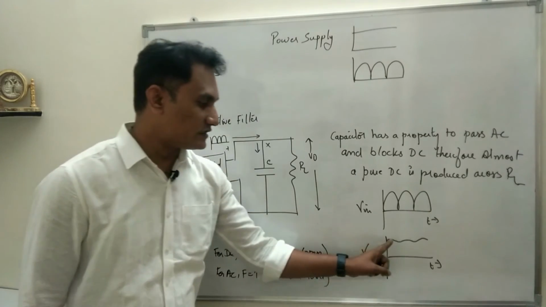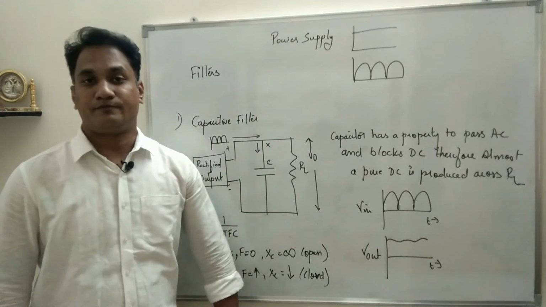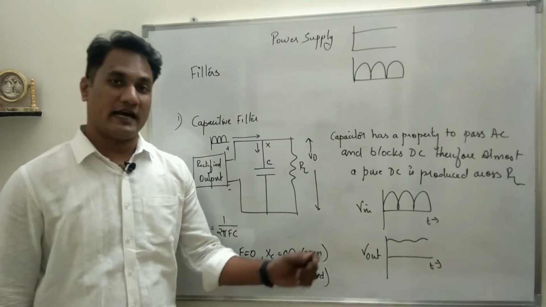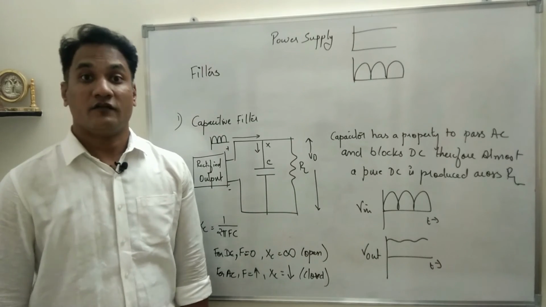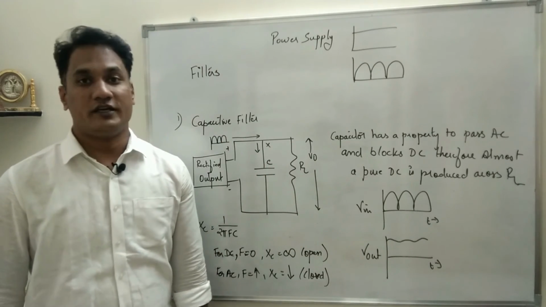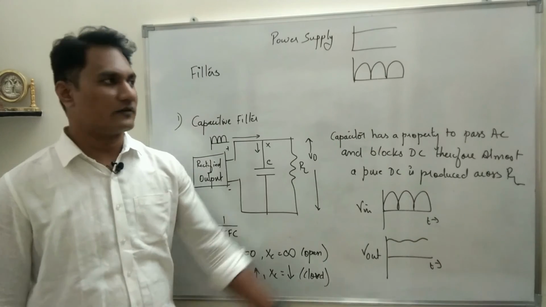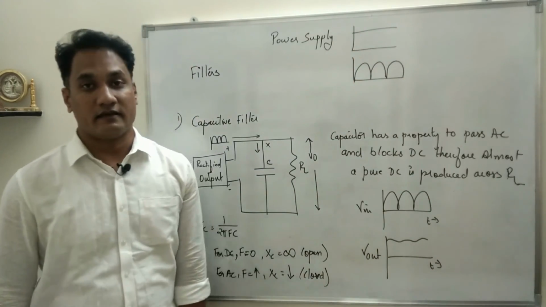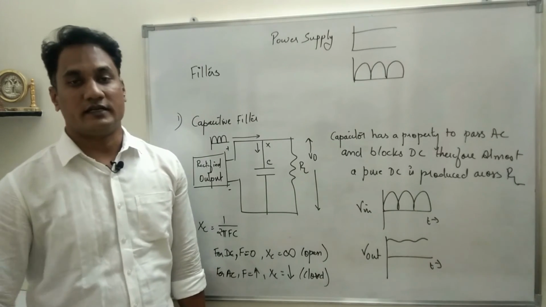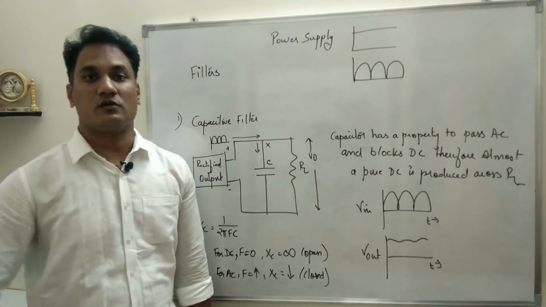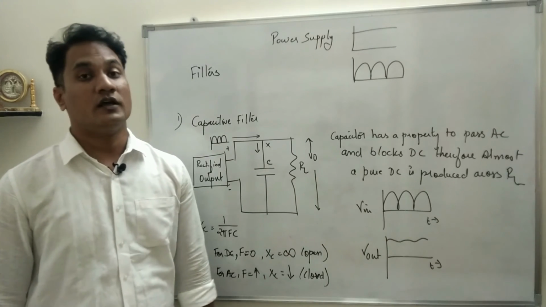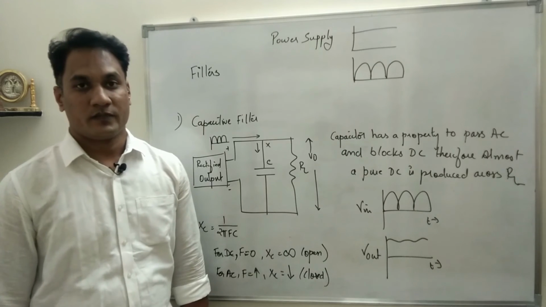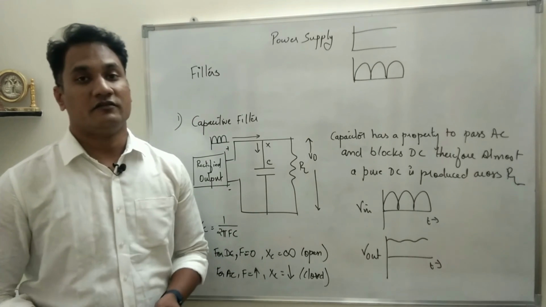Sometimes if such fluctuations are not of that importance, you don't need a voltage regulator. You can directly take the output of a power supply from the output of the filter. No need of a voltage regulator. A voltage regulator will straighten this signal to a straight line, right? So that is what we are going to study in the next part. So sometimes voltage regulators are not required. We can take the output directly from the filter and use it for any particular instrument. So this is all about the capacitive filter.